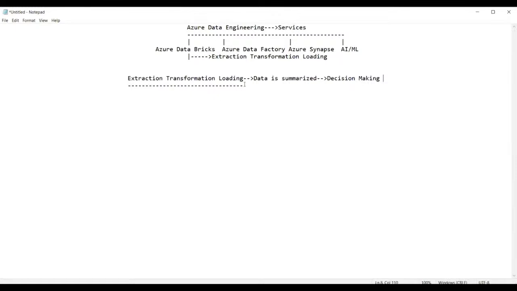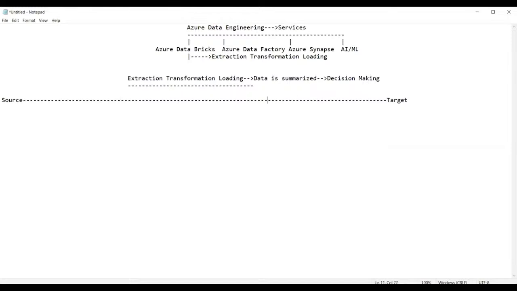So this process of extraction, transformation, and loading basically requires the following: a source, and the next one it requires is a target.